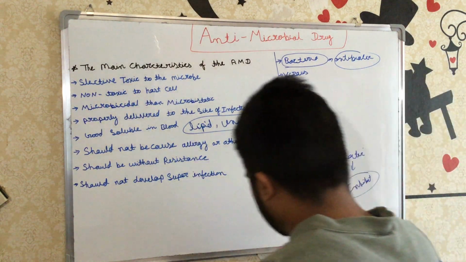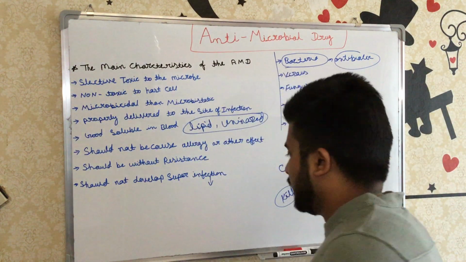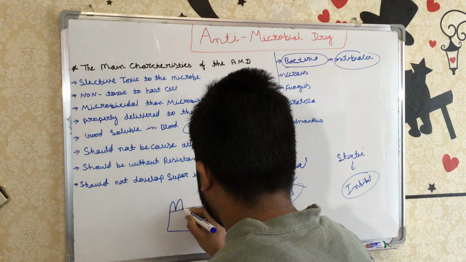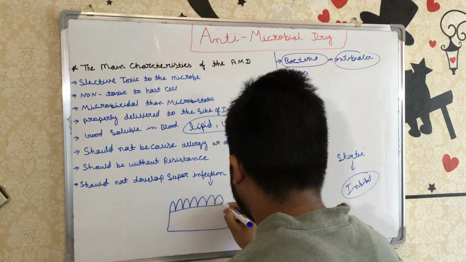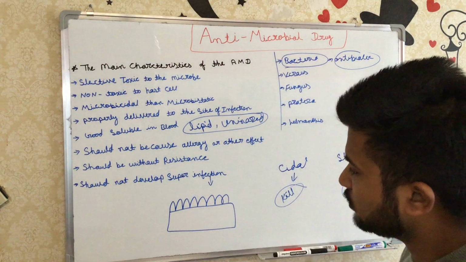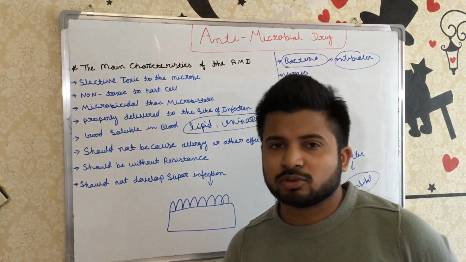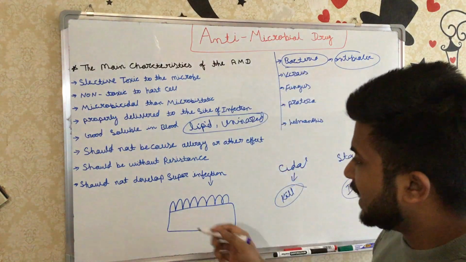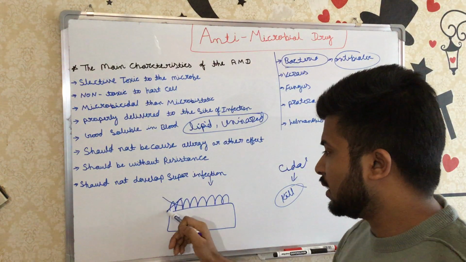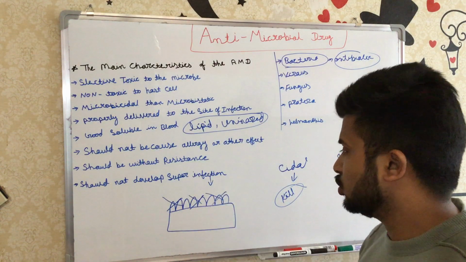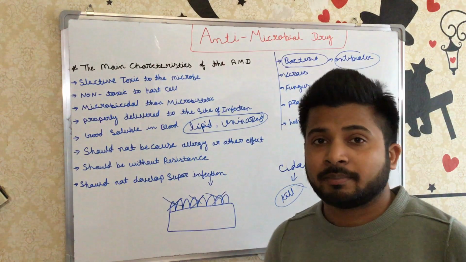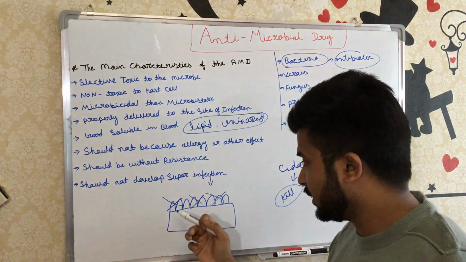Superinfection means, we can say, this is the GIT, and here is the normal flora. The function of the normal flora is that it produces a lot of protein and a lot of vitamins. So if by the drug we inhibit the normal flora and its functions, what can happen in this condition? Even though a lot of bacteria are there, they will not be harmful because the normal flora is protecting against them.